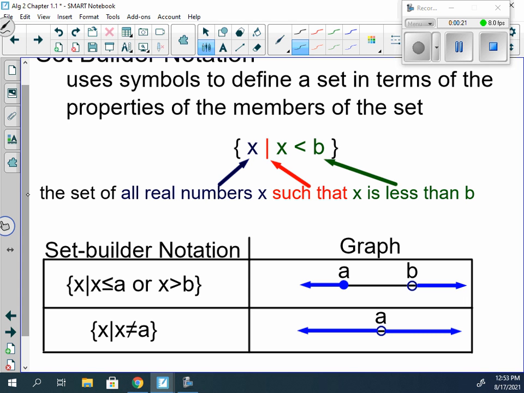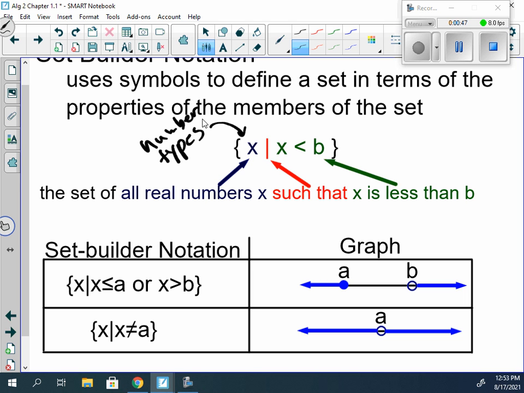Now when we look at this here, we have something called set builder notation, and that's what this is. Set builder notation gives us a way to describe numbers and types of numbers in an easier way or fashion. Now there's a few main components to this. So we have the set of all real numbers x. So this here is really telling us our number